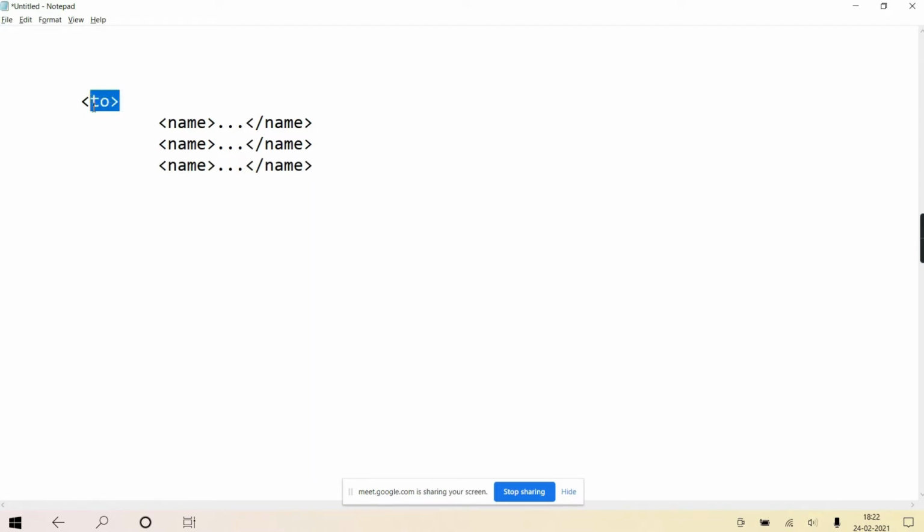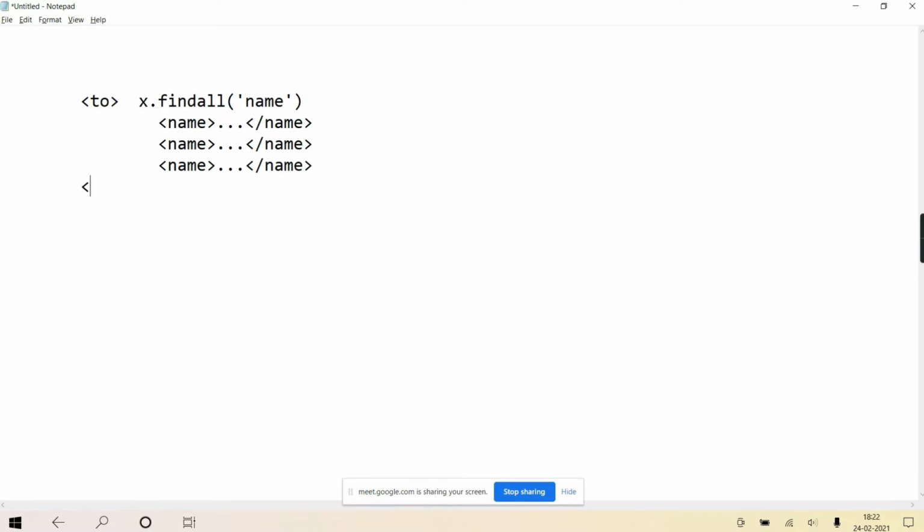Suppose this 2 element is x, meaning x is this element object, and I am writing x.findall name. It will return the list of all the elements whose tag name is name, but only those which are immediate children of 2. So all 3 will be returned.